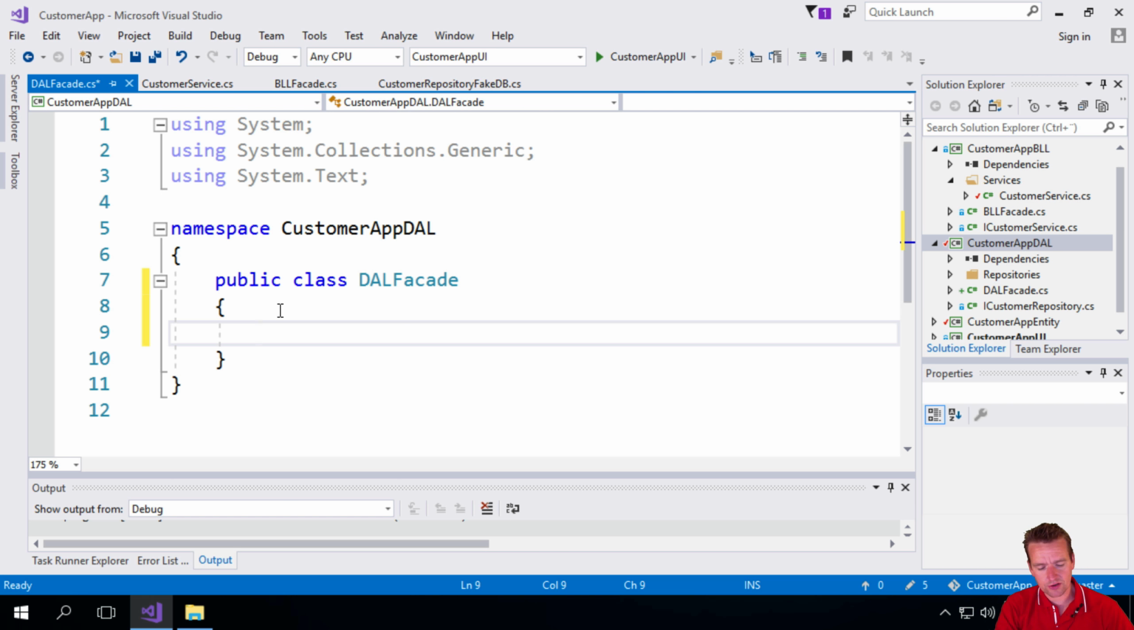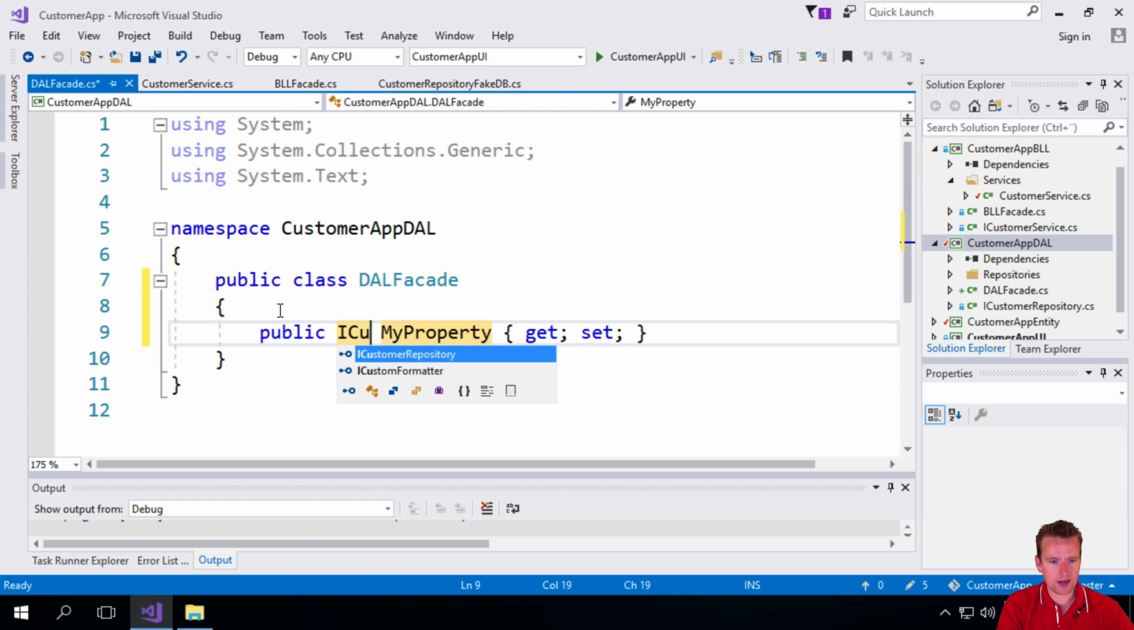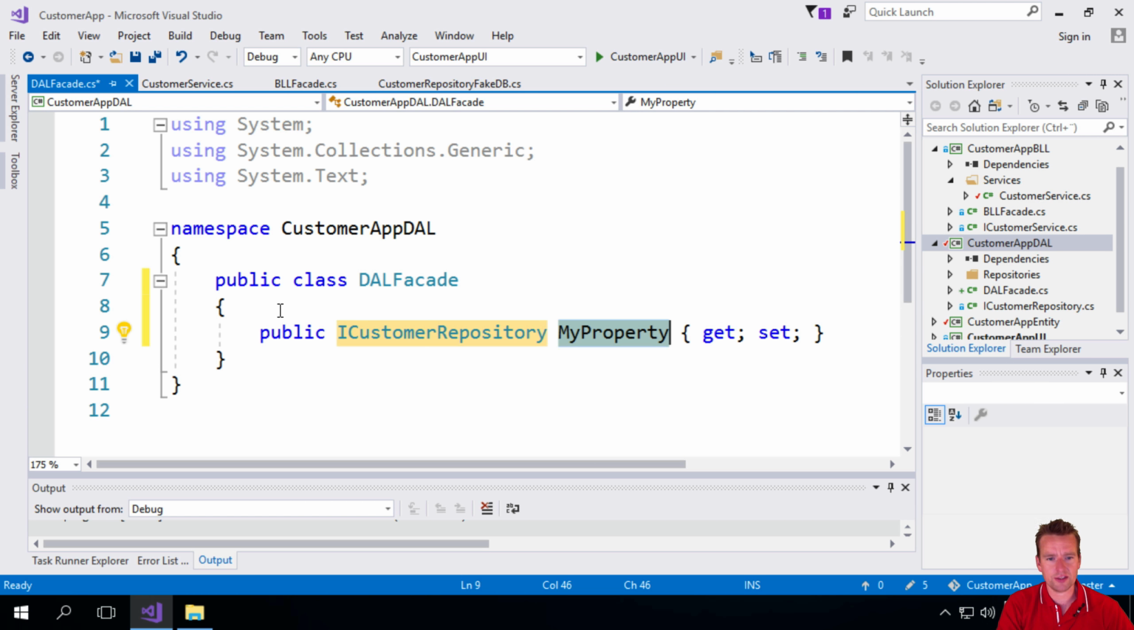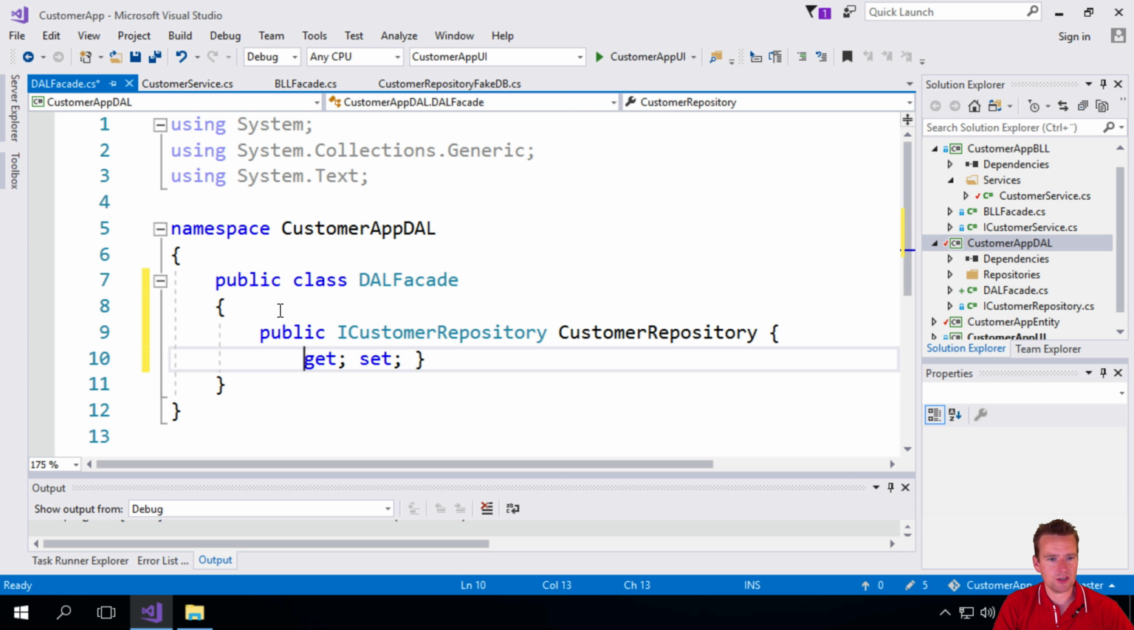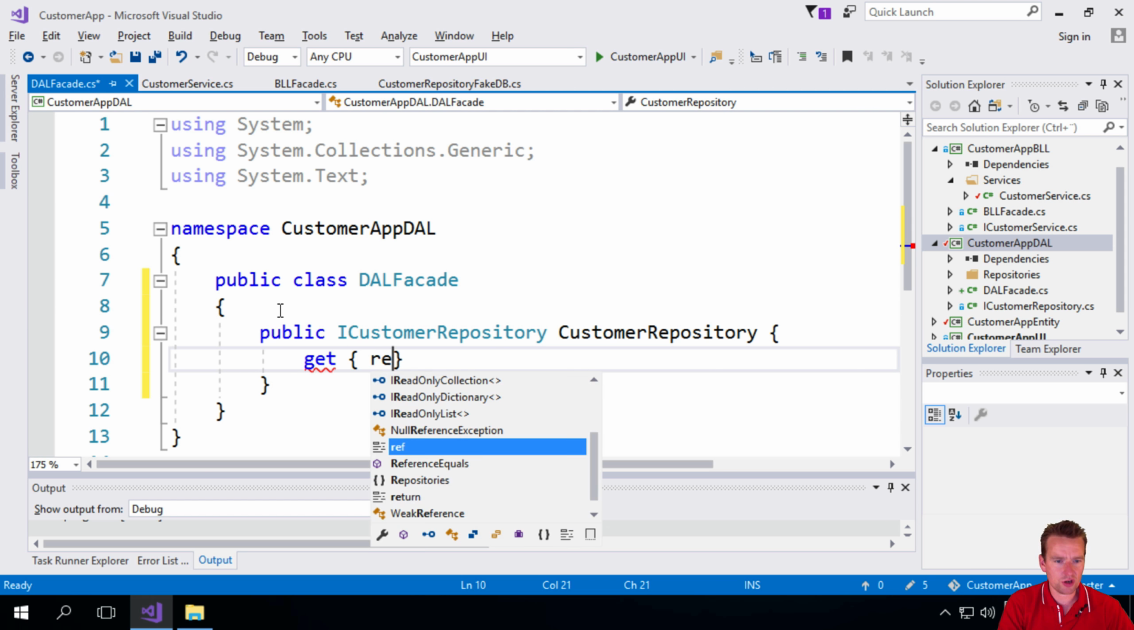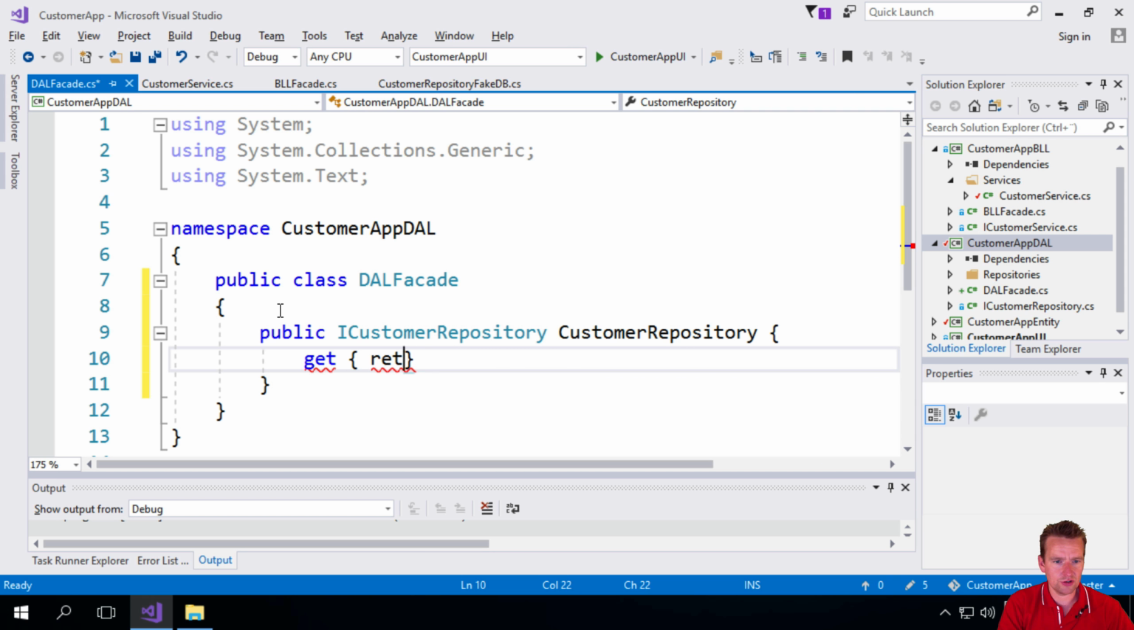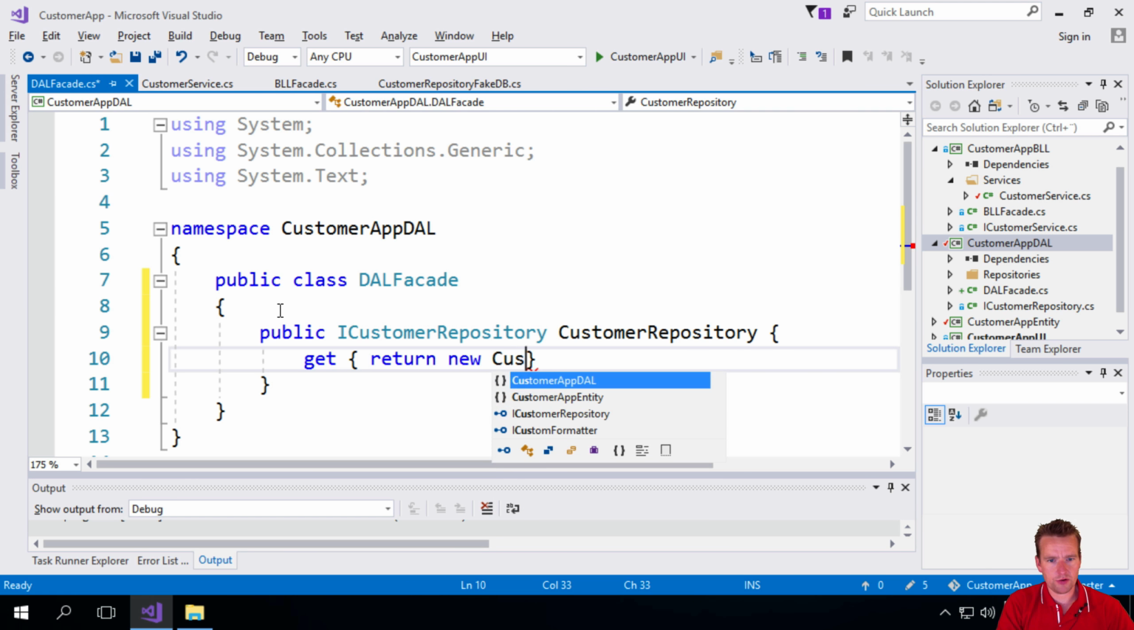Now that facade is going to get a property right here, and let's just do prop so you can see how to use that, and then I'll do the ICustomerRepository like this, and I'll just call it CustomerRepository. Now let me just add a new line because I'm going to make a few more changes to this. The property is not going to get a setter, it's just going to have a getter like this, and that get method is actually just going to return a new